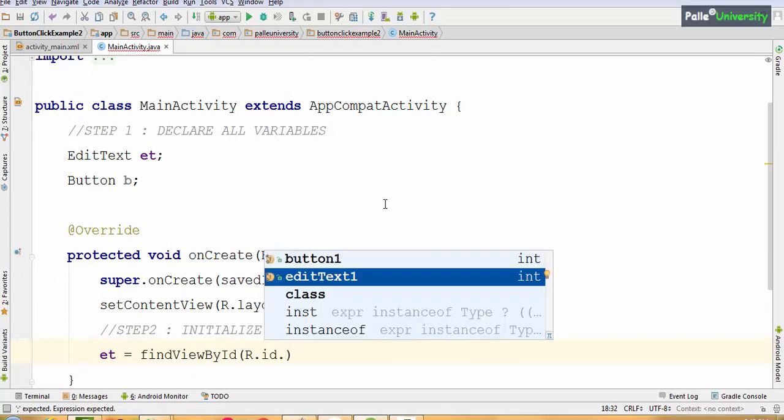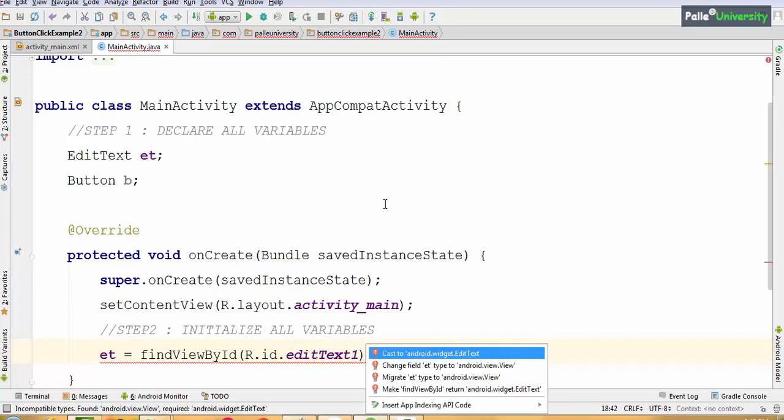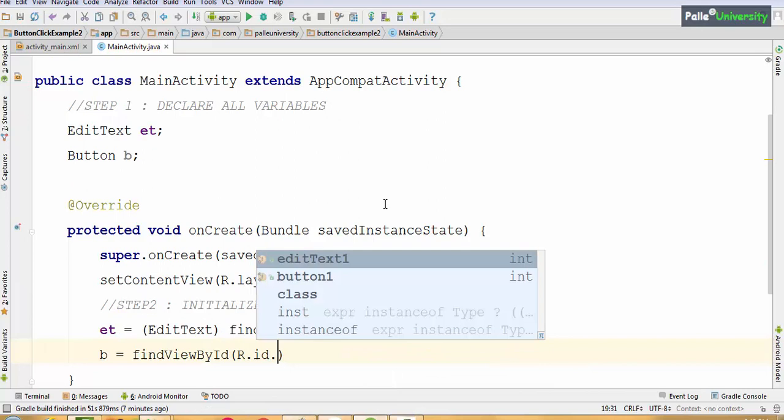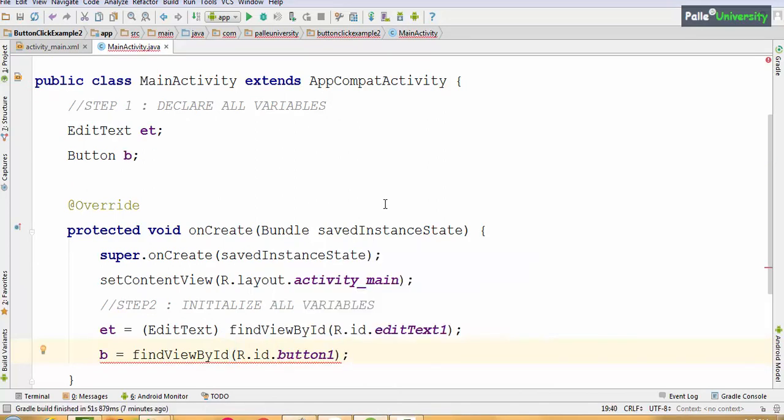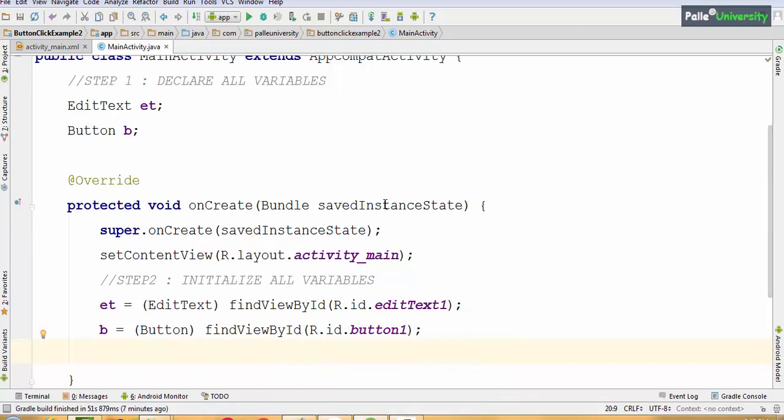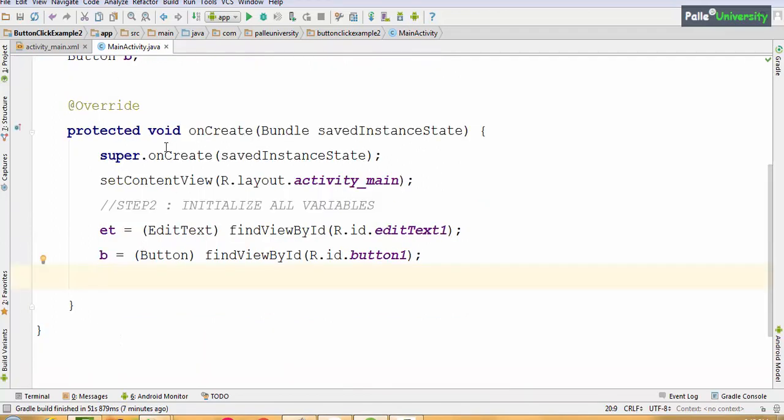R.id.edittext1, alt enter, cast. Similarly, initialize button also, move cursor to error, alt enter, cast. With this, step 2 is over. Never write logic outside the onCreate method. onCreate method is starting here and ending here. Logic should always be written within the onCreate method.